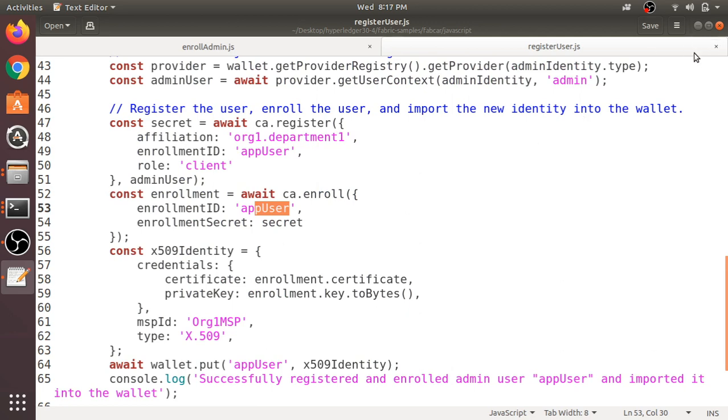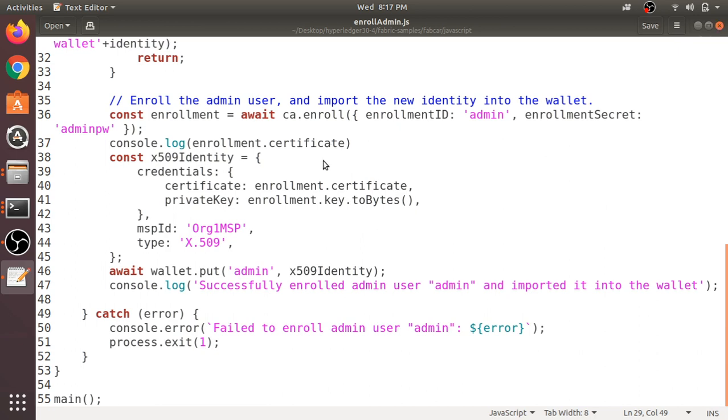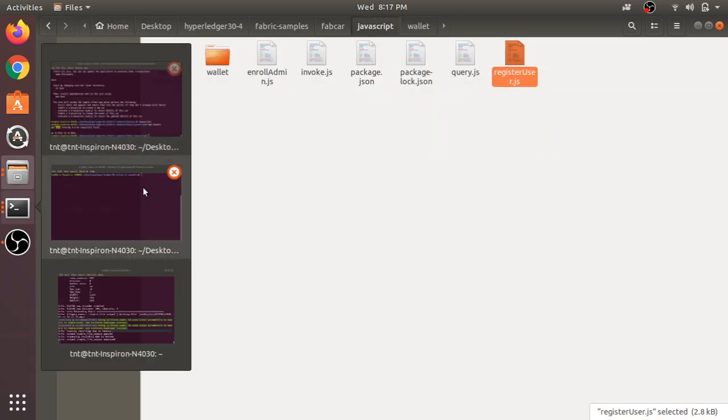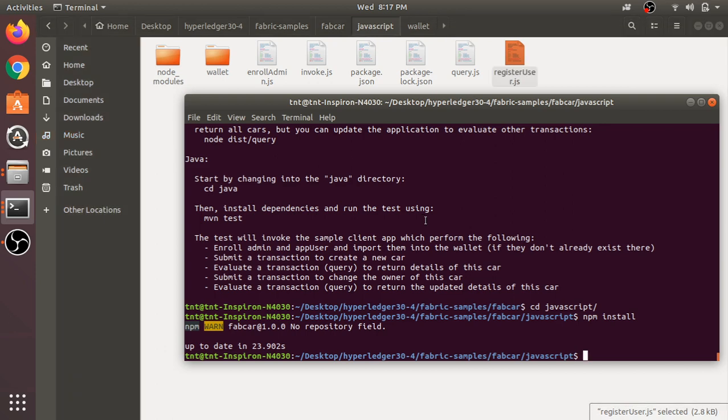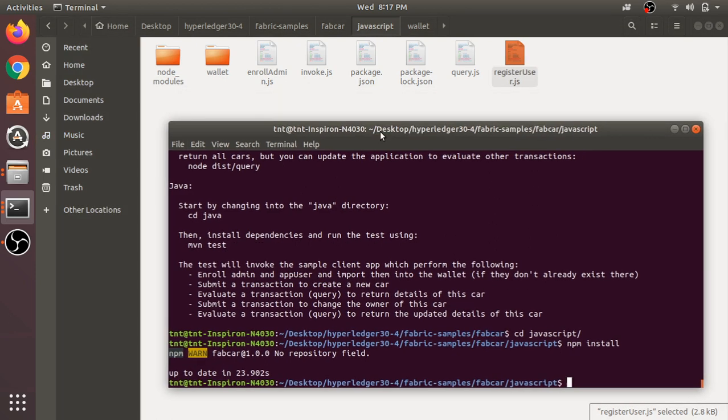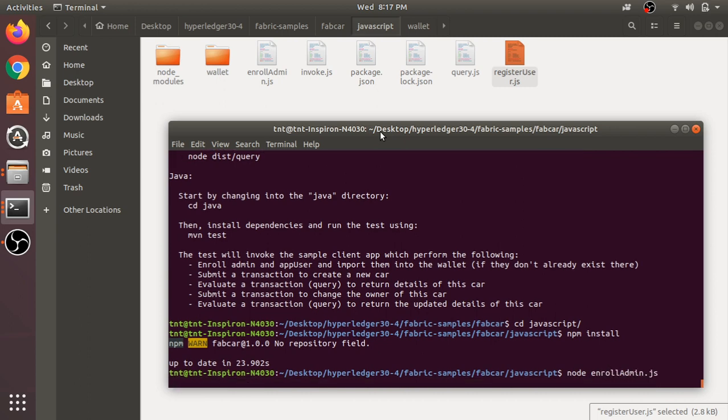So we can start to execute. Go into the JavaScript folder and execute. Firstly you have to execute enroll admin. After completing npm install, in order to enroll you have to use enrollAdmin.js.